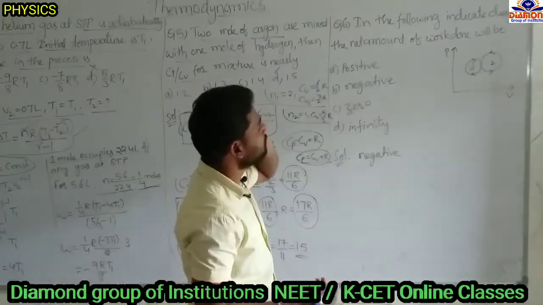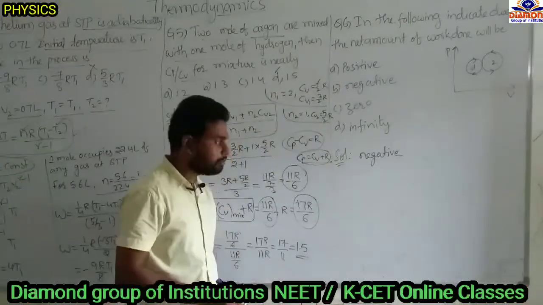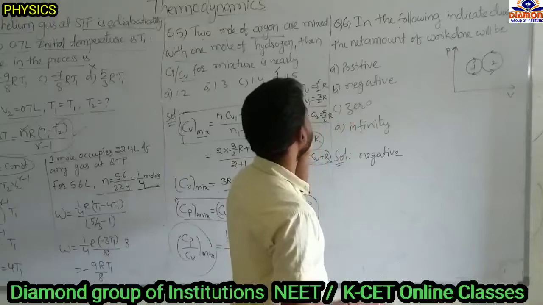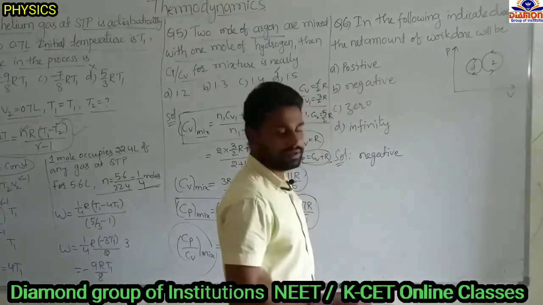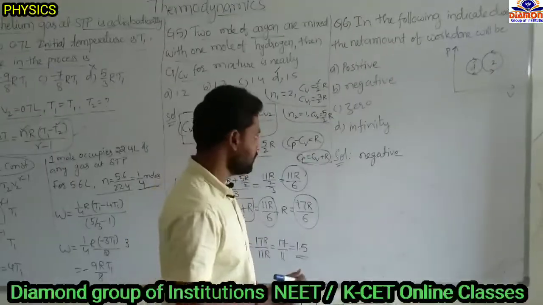Okay, next see the question. This is a very silly, small question, but the maximum number of students will make a mistake. So see in the following indicator diagram, what will be the net amount of work done? We just have to see whether it is positive or negative. So remember,